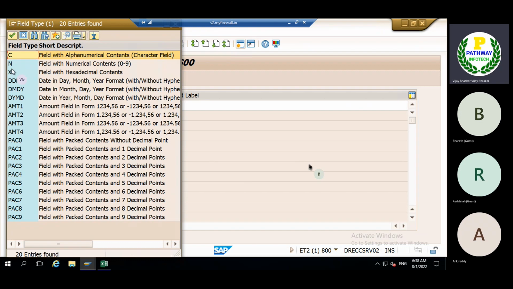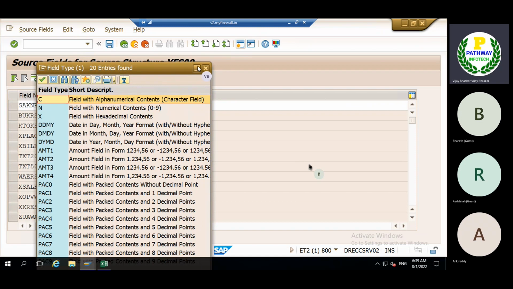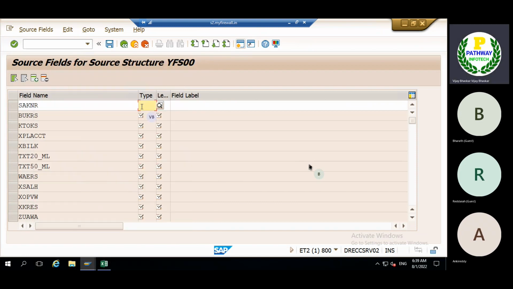Wherever numerical content is required, we give N; X is a different thing. For date you can see DDM, and for amount fields we need to concentrate on what we select when giving the information. Now the system is asking for the length.